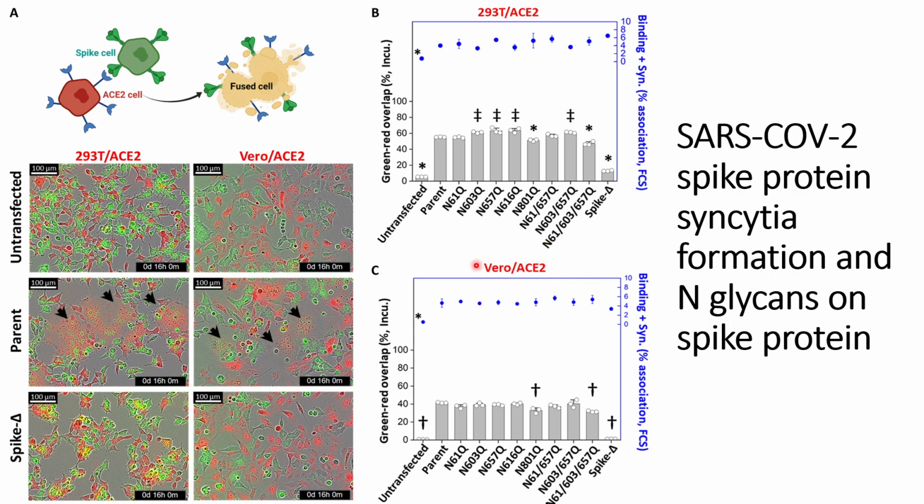And when they did the same experiment with the Vero ACE2 cells, they saw similar results, that in the case of InCyte measurement, the mutations of the spike protein, that is N801Q and N616Q/N657Q, have a slight decrease in the signals compared to the other mutations and also compared to the parent. Whereas when they did the flow cytometry analysis, there is not much difference that can be observed,